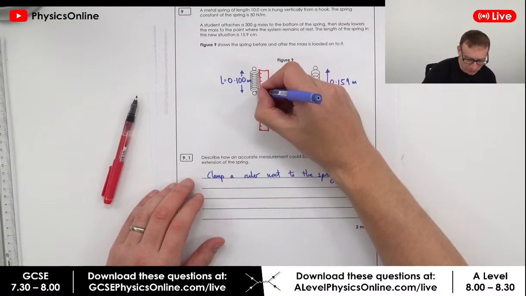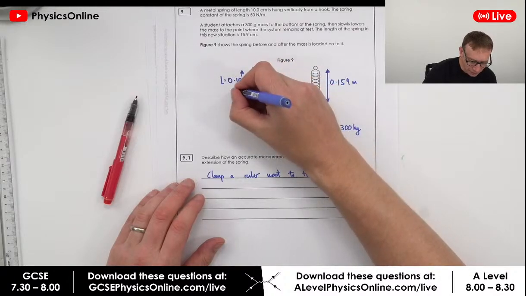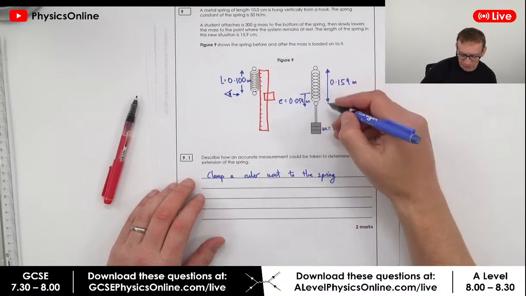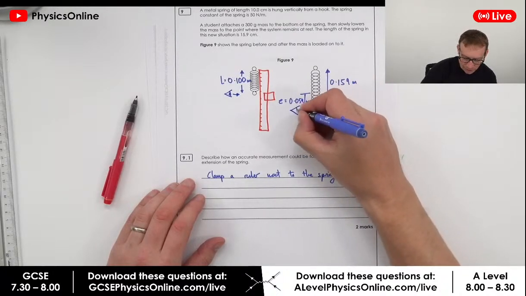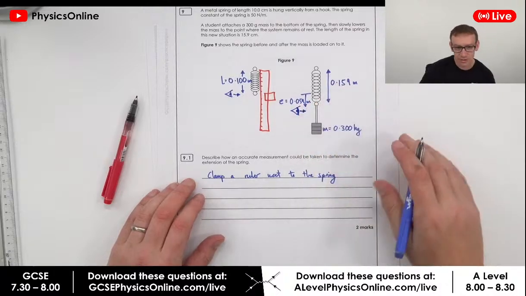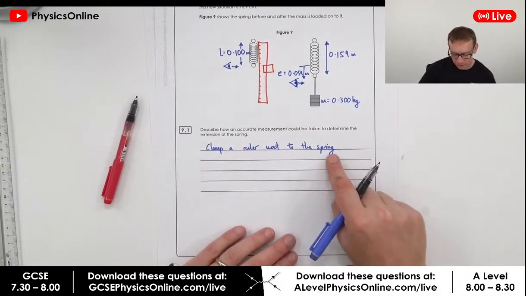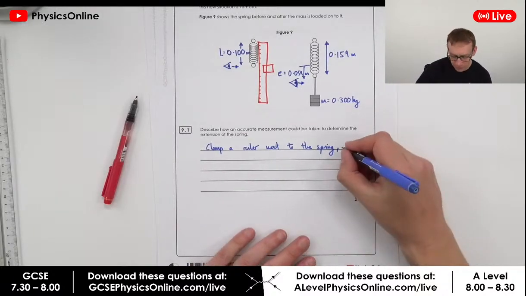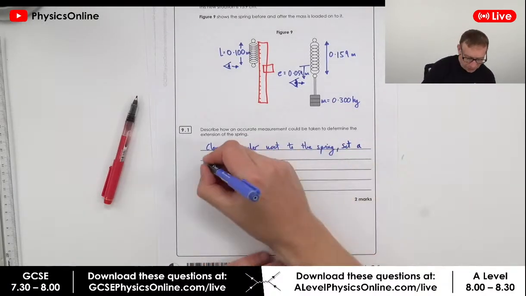So if you want to look at this length here, you'd have your eye looking in this direction, and then as this moves down, that's when you'd be moving your eye down, so your eye is always going to be level with the measurement that you're taking. So you can clamp a ruler next to the spring. You can maybe talk about how you make sure it's vertical, so you could use a set square